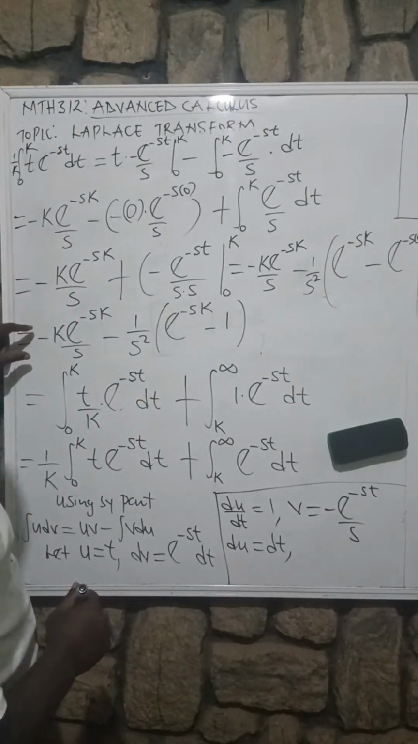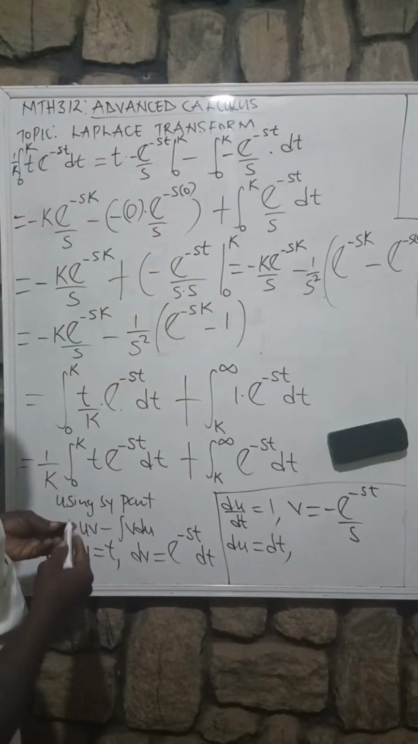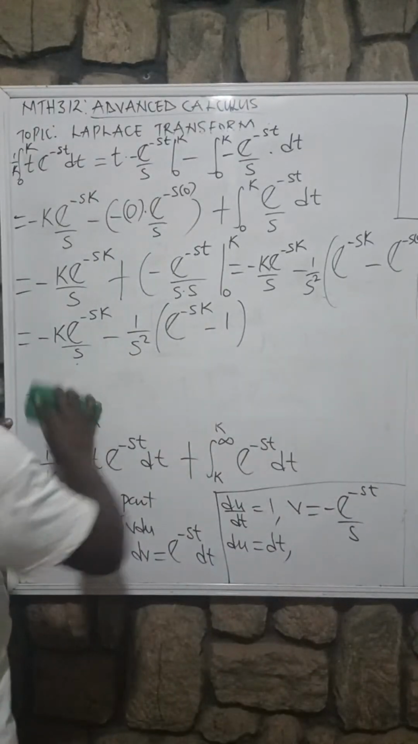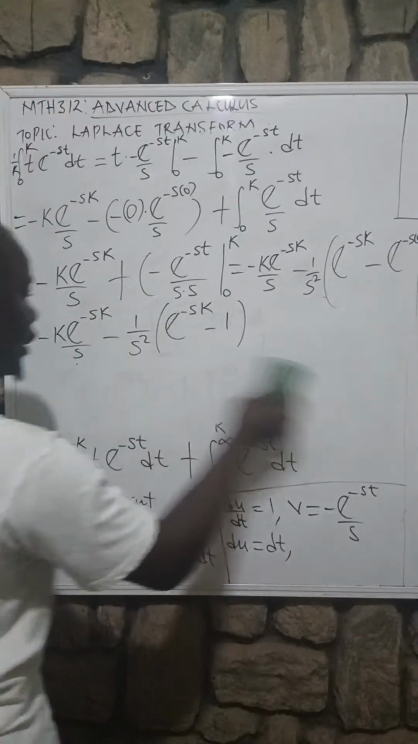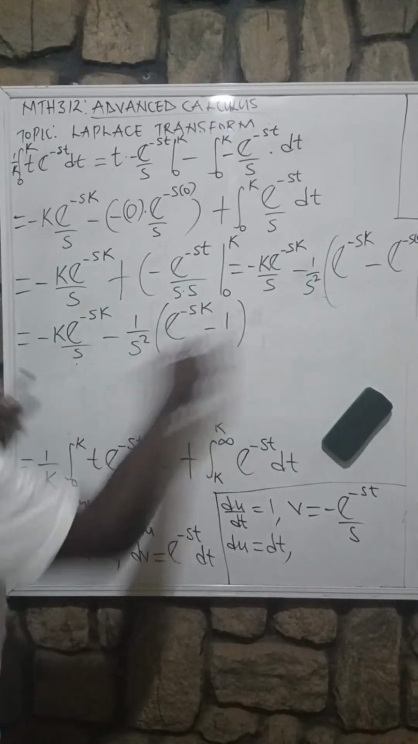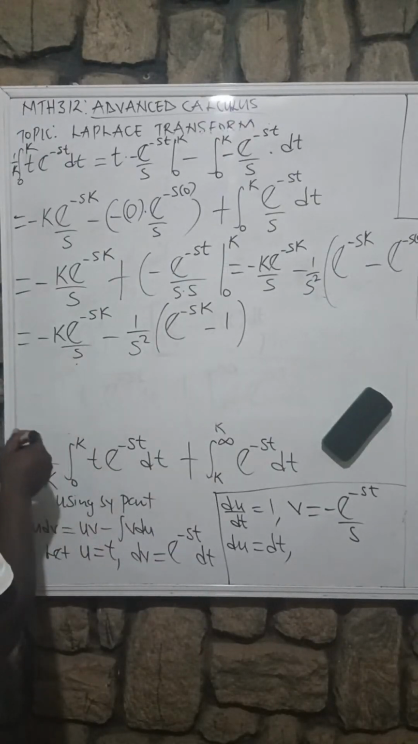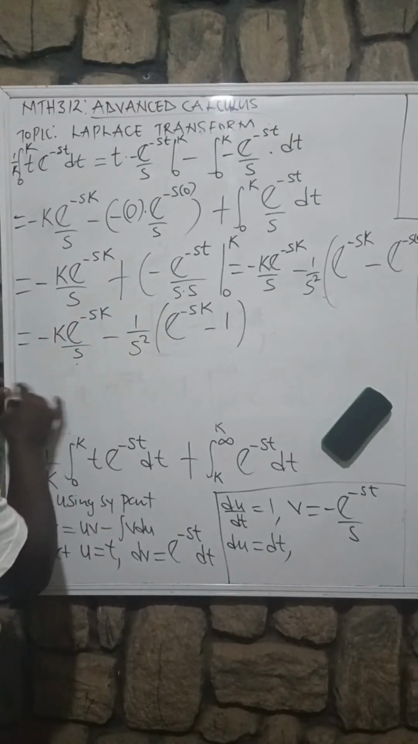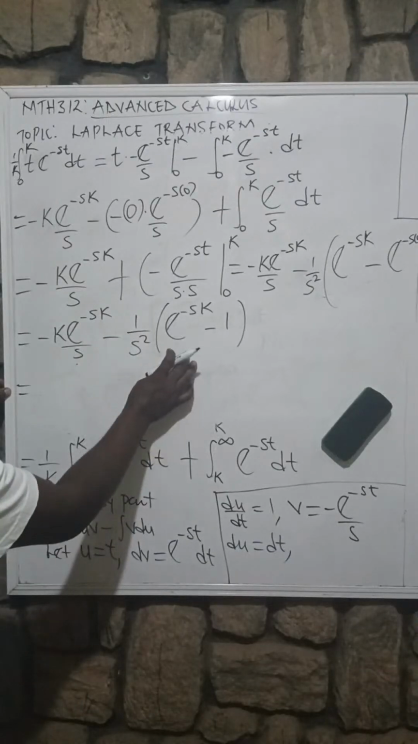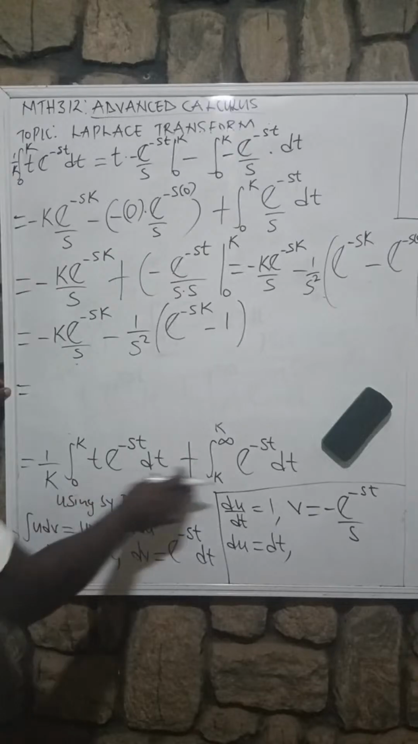Then let us not forget that we can now take off this. Let us not forget that there is 1 all over k multiplying all of this. So far so good. This will now be, it means this one gives us this answer. Is that clear? So we write this down,